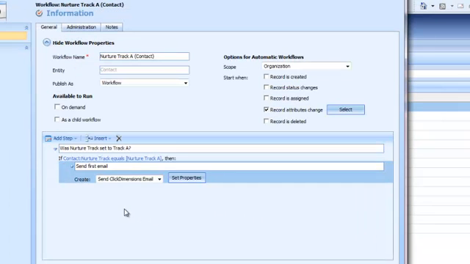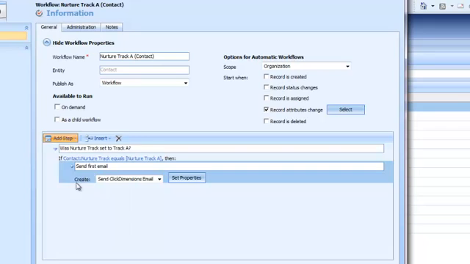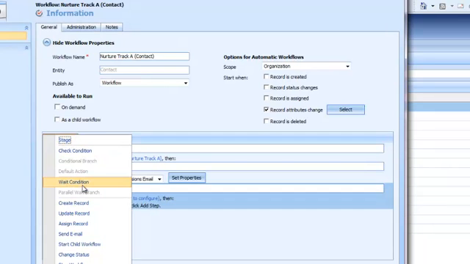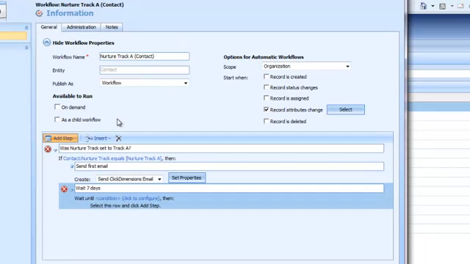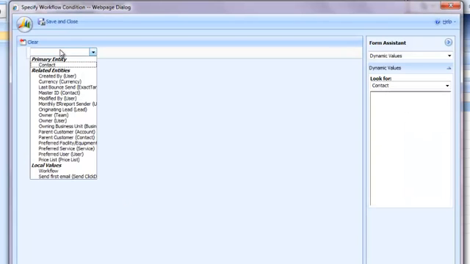And so then at the same time, I'm going to add a condition to wait, and then I will wait 7 days before I send my next email. So to wait 7 days, what I need to do is again, I selected that wait condition under workflow, and I simply come in here and I tell it to wait 7 days from the time the workflow timeout